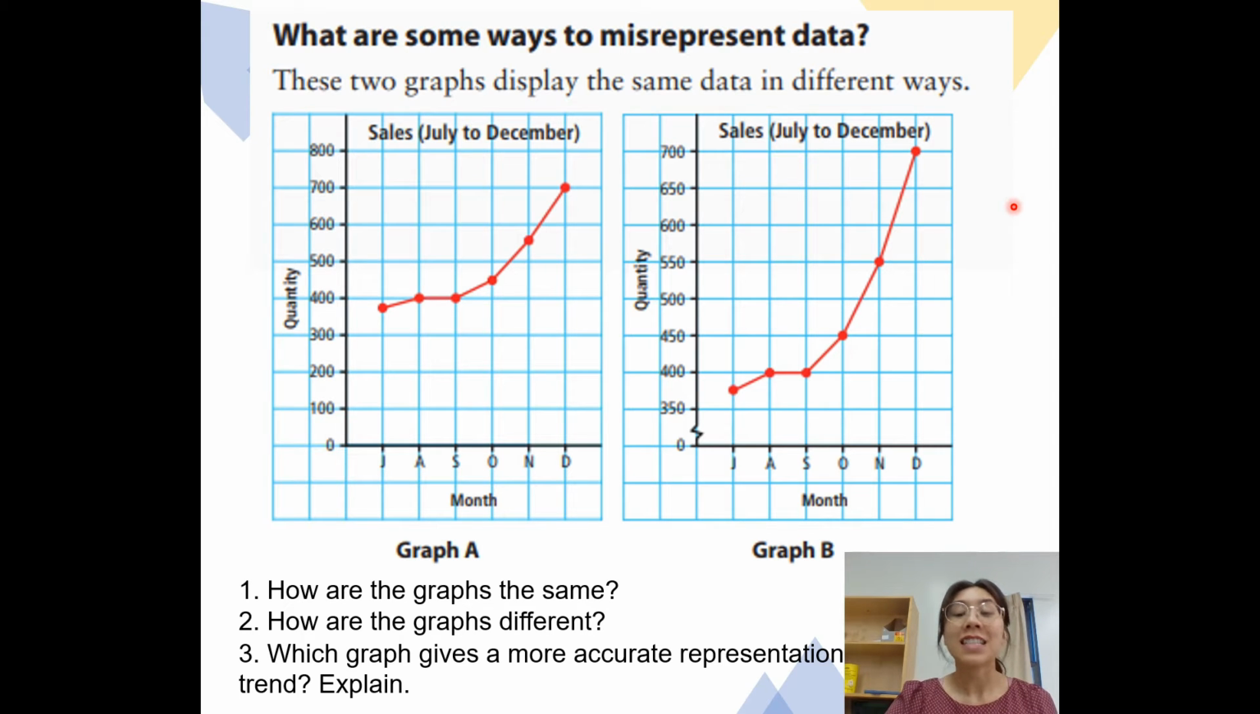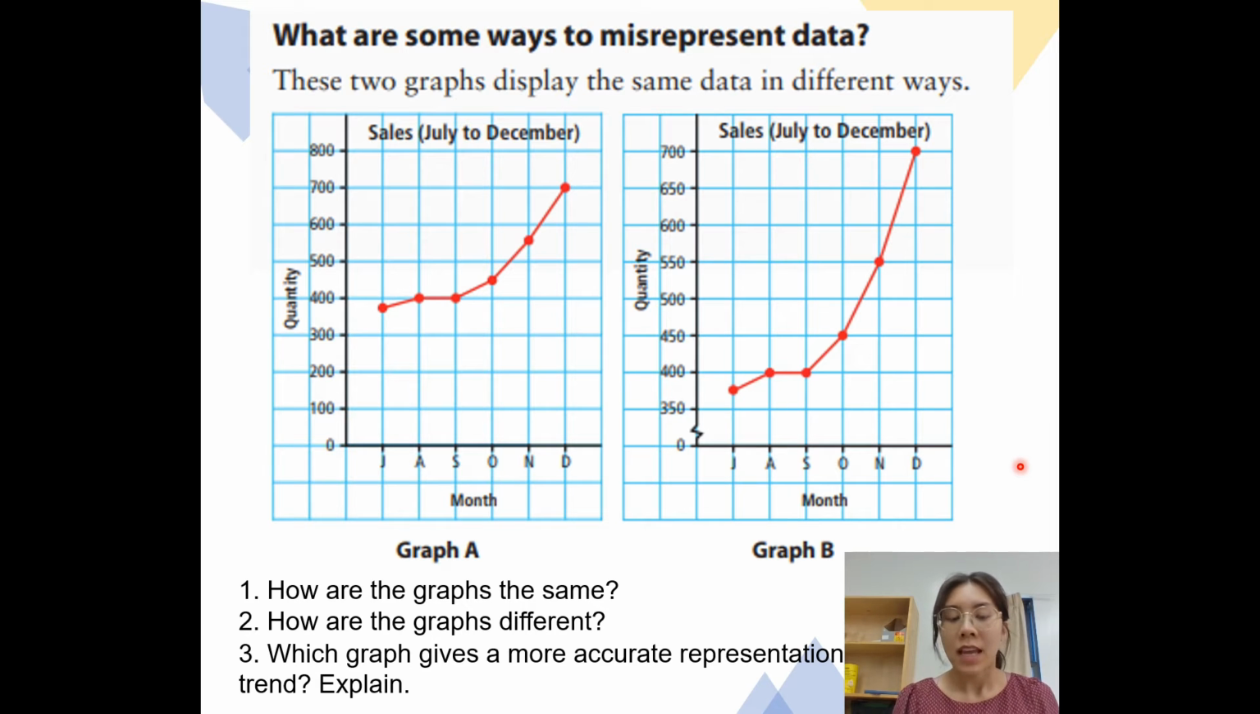Now, let's look at our first example. These two graphs that you see on the screen display the same data, but in slightly different ways. Take a moment to gather information from both of these graphs. How are the graphs the same? Well, you might have noticed that although they look slightly different, all the points are the same. The trend is also pretty similar, and in terms of the month in which we are looking at this data,